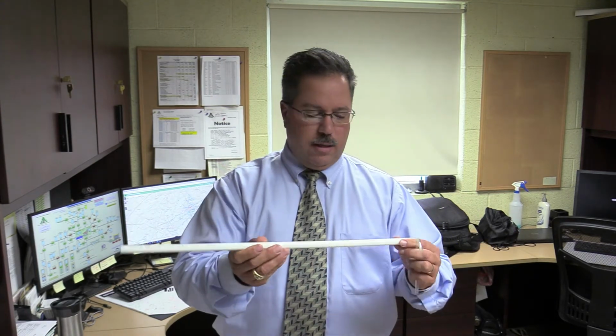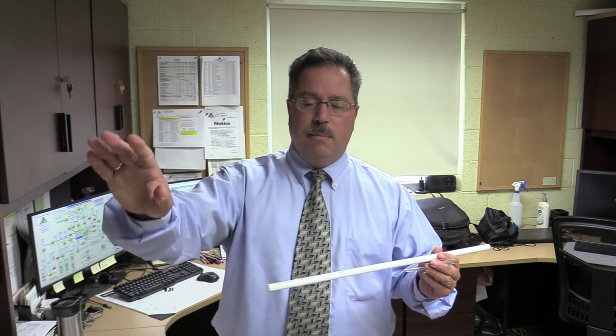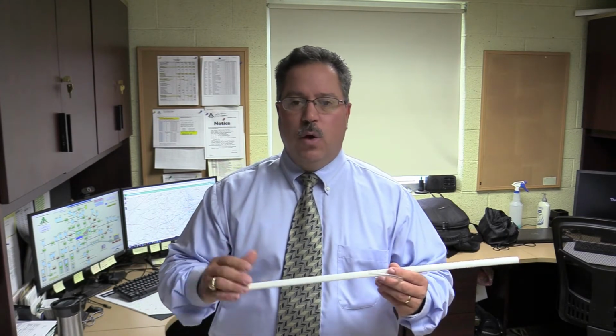Most customers have 3/4 inch copper service lines coming in their home, which is great. What happens after the meter? A lot of customers have a 1/2 inch line that goes the whole way to the back of their house, and when they want to run a sprinkler out the front and a sprinkler out the back, sometimes they have flow restrictions. We also have here at the meter,